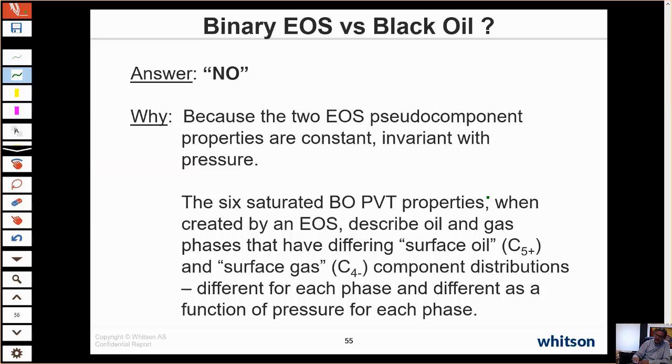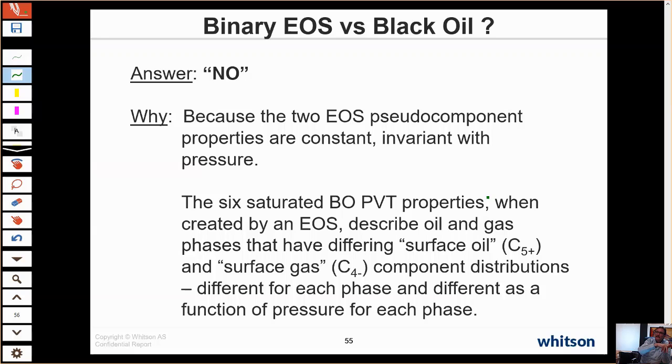The saturated PVT properties, black oil PVT properties, when they're created by an equation of state, describe the oil and gas phases correctly, where they have differing surface oil C7, C5 plus, C4 minus, surface oil, surface gas. The component distributions of these vary for each phase and as a function of pressure when you're creating the black oil tables. So all of that variation is captured in the Bo, Rs,